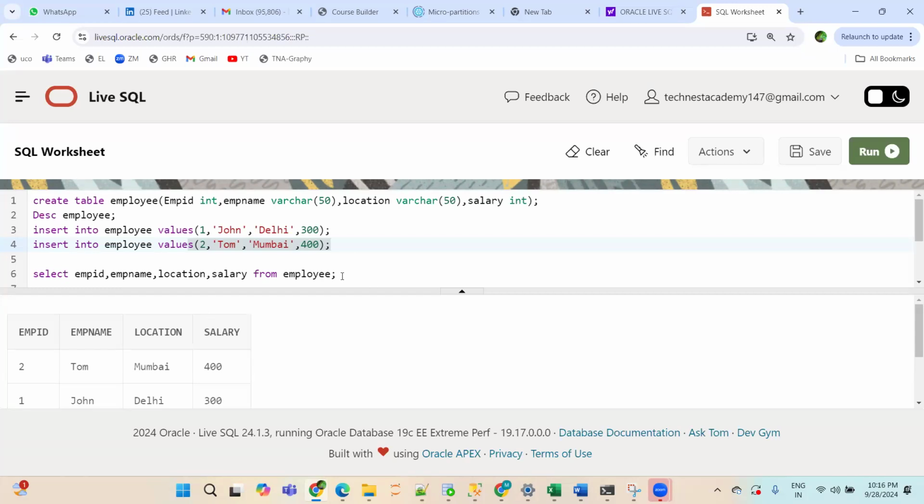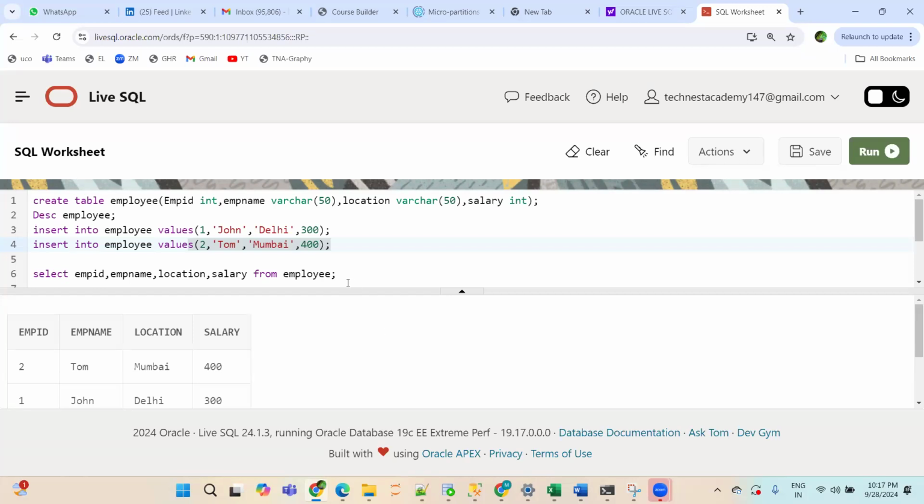Maybe if you execute the same query on your machine, it can display John first and then Tom. That is the wish of the SQL engine. There's no guarantee for it. If you ask, but Tanvir, my client wants the data sorted based on the employee ID in ascending order, or based on the employee name in ascending or descending order, anything like that, then we will discuss it at a later point. There is a concept of order by, which we'll discuss later. Then you can customize it.